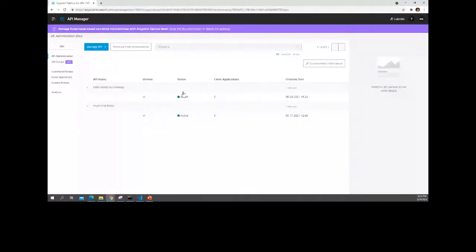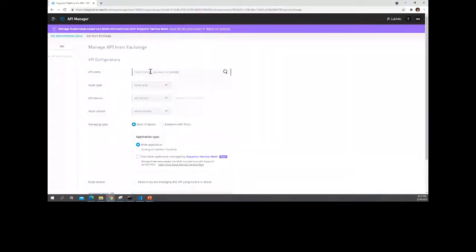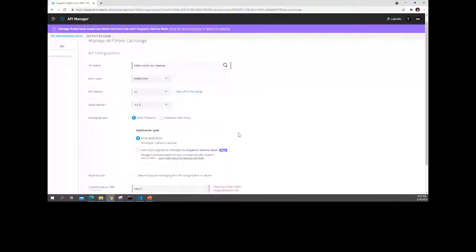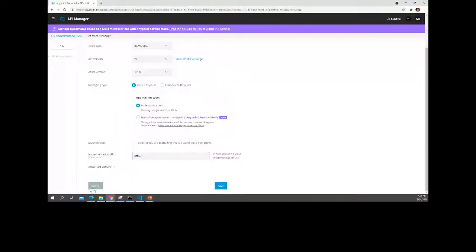Both are in active status. How you can do it is you click on Manage API. Here you pull your particular asset from Exchange. Exchange is nothing but a kind of Play Store or a portal where your internal and external audience can go and pull the reusable assets so that you can increase the consumability of the application network. So from here you can pull the asset and save.